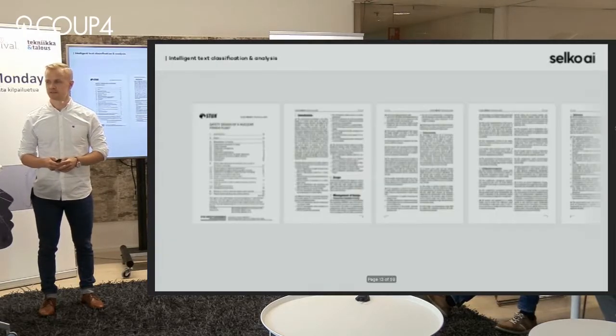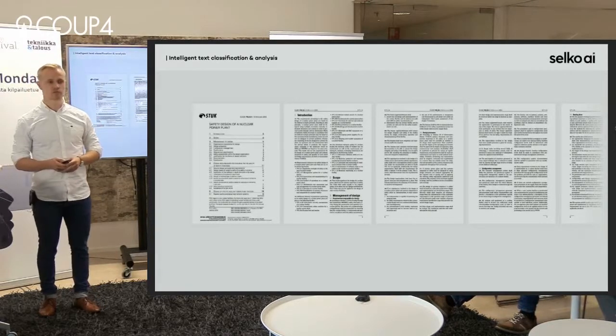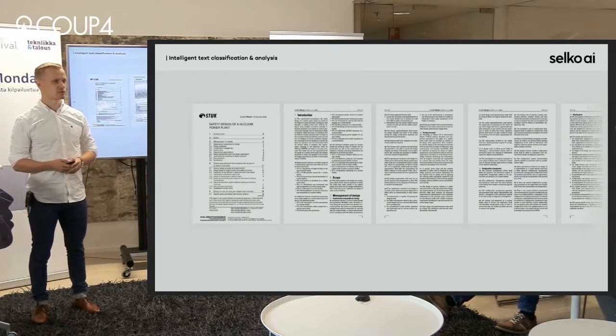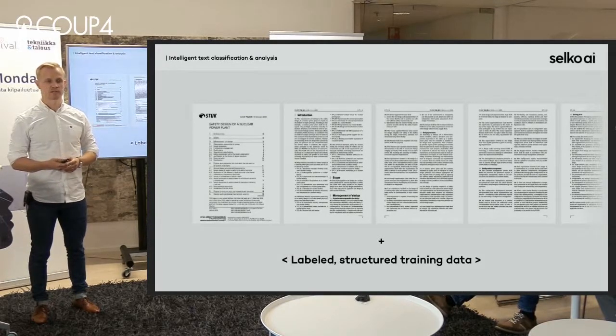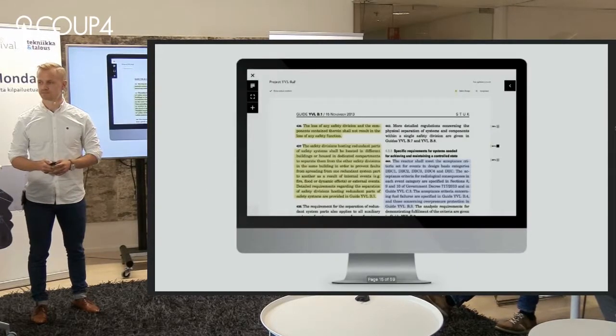And what we're doing in Selko is a SaaS tool for text analysis, engineering text analysis specifically. What you basically do is you can feed in a text document, let's say a PDF document that can be hundreds of pages, and then with the document and some labeled or structured training data, you can describe what you actually want to search from the document.